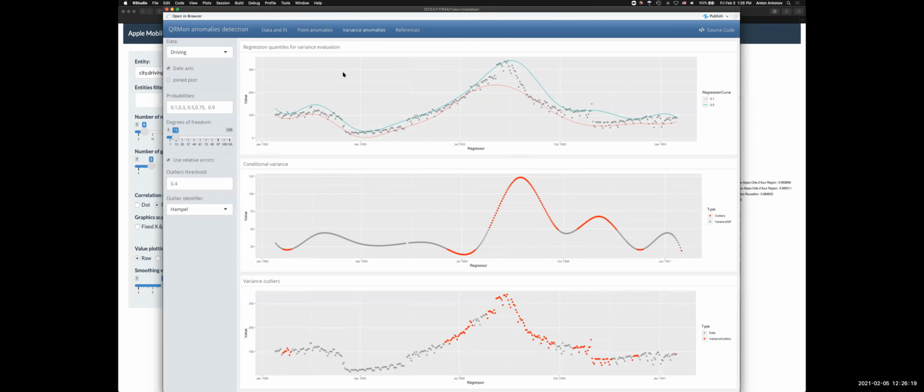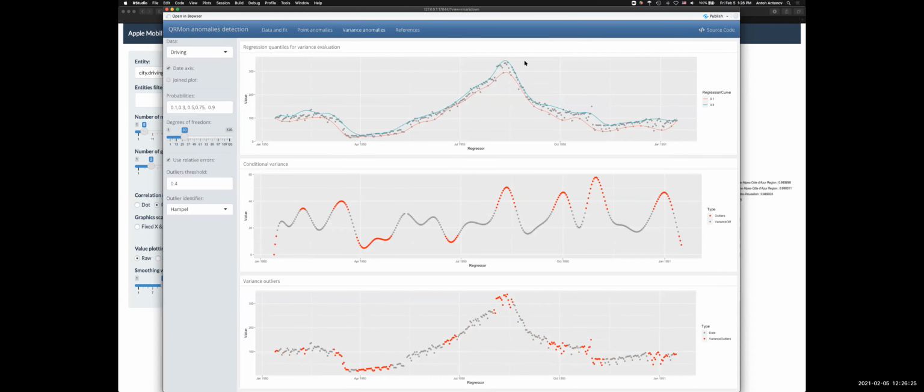Now, let's go back to the variance anomalies though. The way I have fitted this, and I might increase the number of fitting points, gives me a way to estimate the variance. If I look into the points between the curve with probability 90% and the one with 10%, I can try to find the anomalous variances. This is what this variances is here. So I'm using a Champaign identifier to identify the anomalies. If I use S plus quartile, which is more conservative, you can see the anomaly here, which actually is an anomaly. If we join the plot, we see that this here is anomalous.